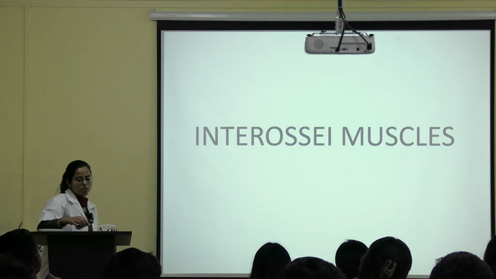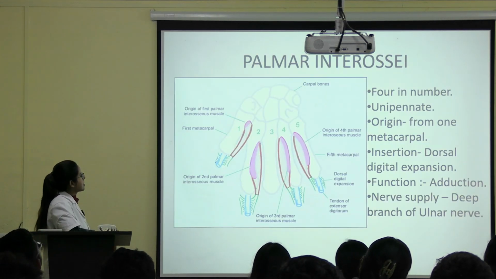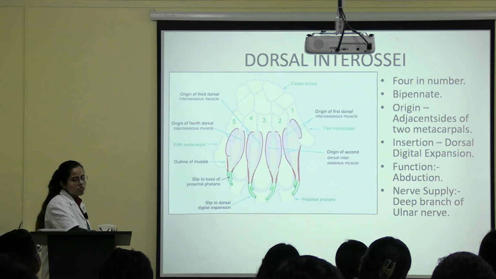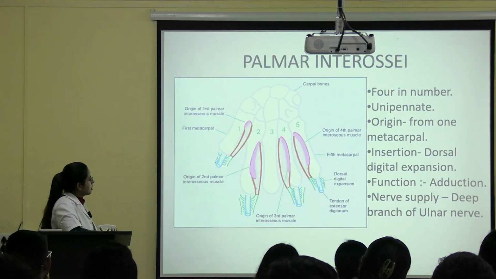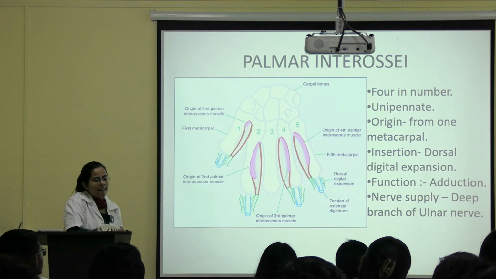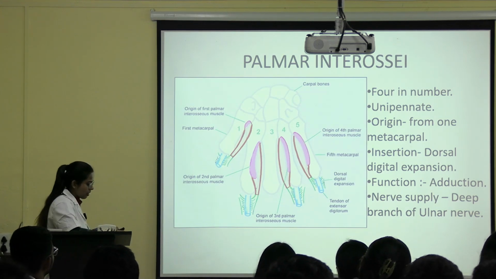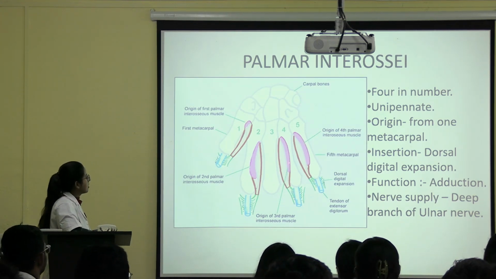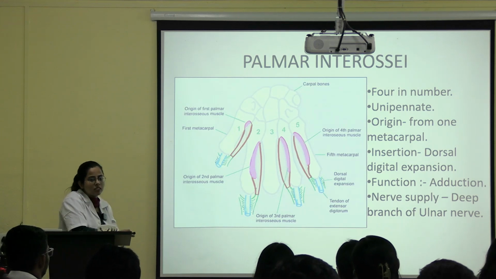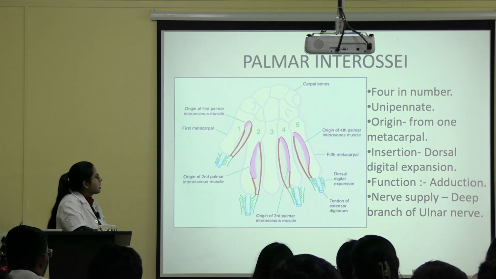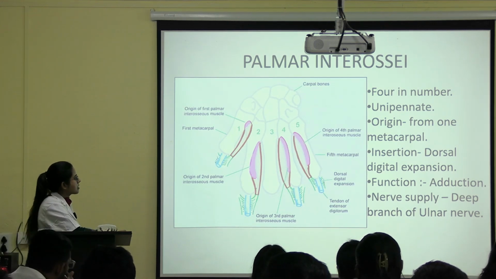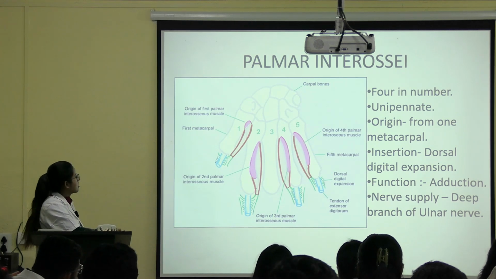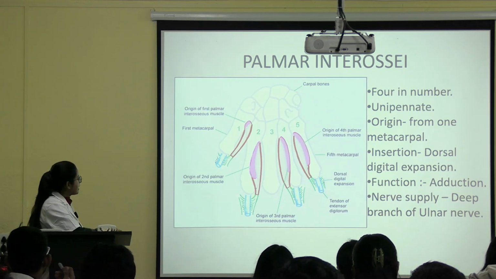So now interosseous muscle. There are two types of interosseous muscle, palmar and dorsal. Clear? Now you can see these are the palmar. So we start numbering from lateral side. Okay. So this is the first, second, third and fourth. So how many are there? 4. Okay. So this is unipennate, means leaf like the arrangement. Okay. See, this is unipennate and this is